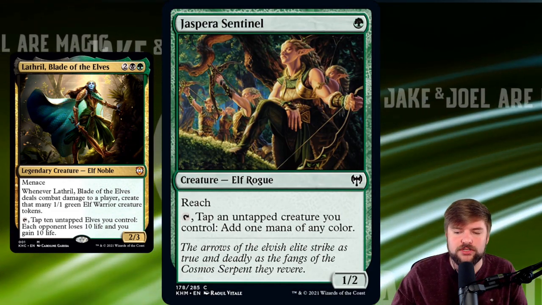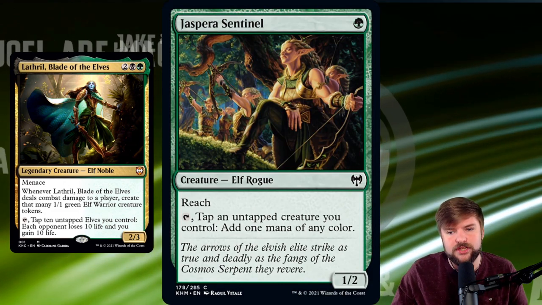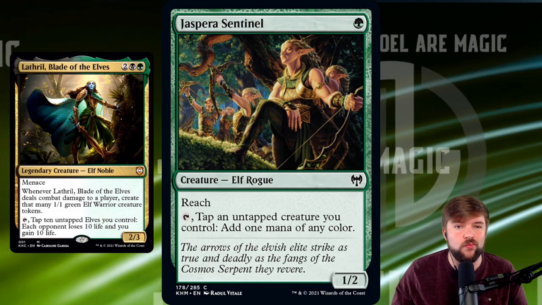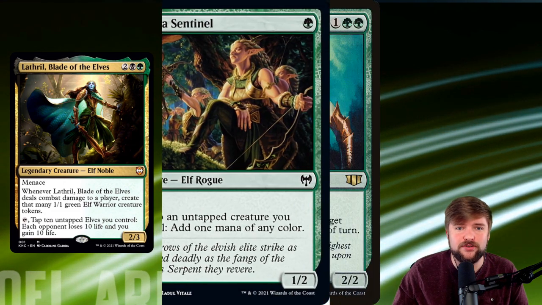Jaspera Sentinel is in this deck. It's a 1 mana 1/2 with reach, and it taps to add mana, but you have to tap it and tap another untapped creature you control, which I never really like. I don't like stipulations. I like for cards to just work. So with the Sentinel, there are much stronger elves that we can be running in this deck for synergy,